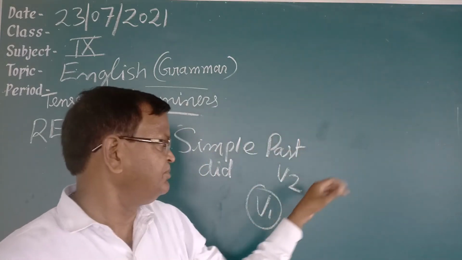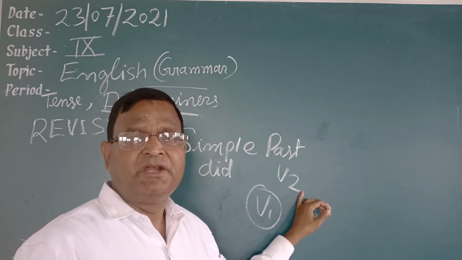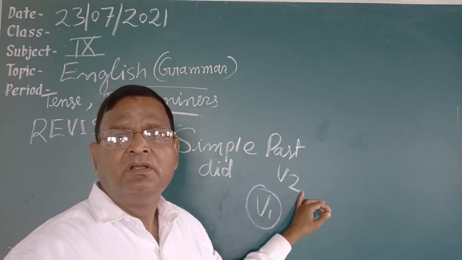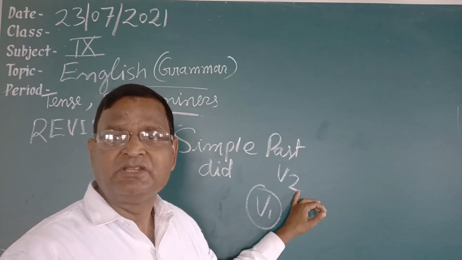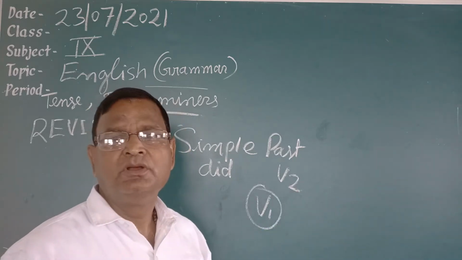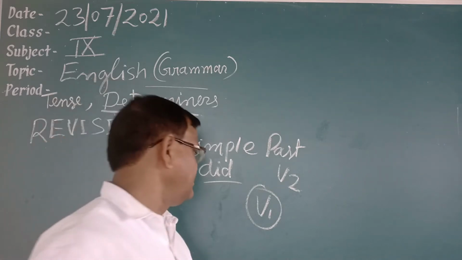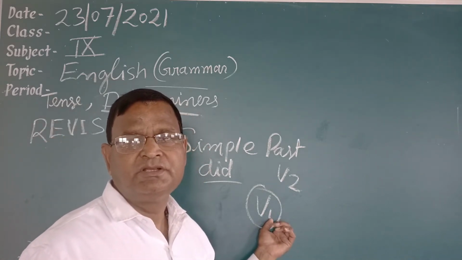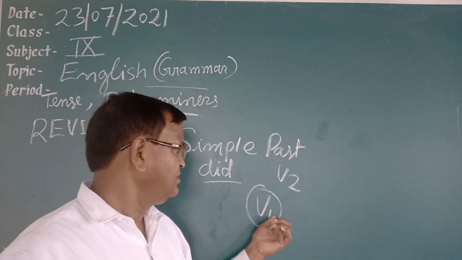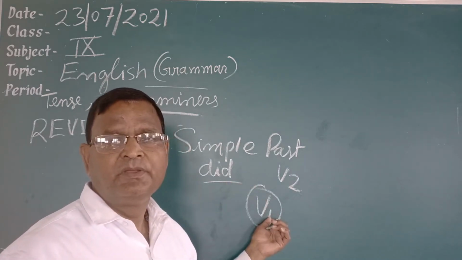Just like he went to Agra, went is second form. Sentence is positive, so second form has been used. I wrote a letter, wrote is second form. The sentence is positive, so second form wrote has been used. In negative, did not is used. He did not write a letter. Write is first form. If the sentence is negative or interrogative, then first form of the verb is used.